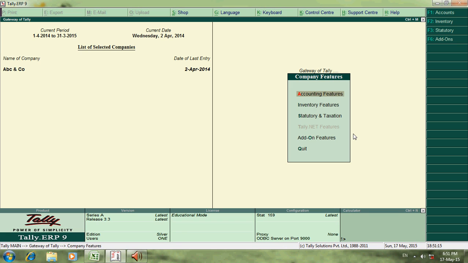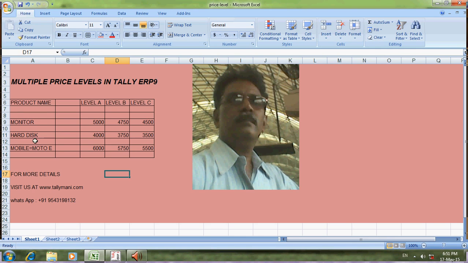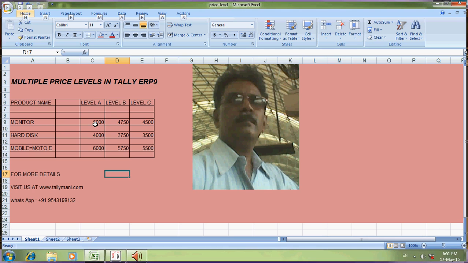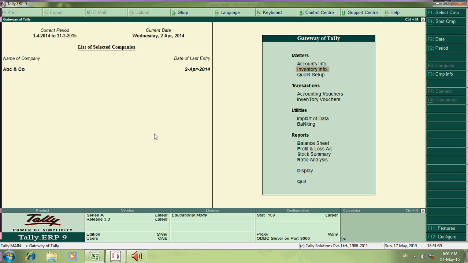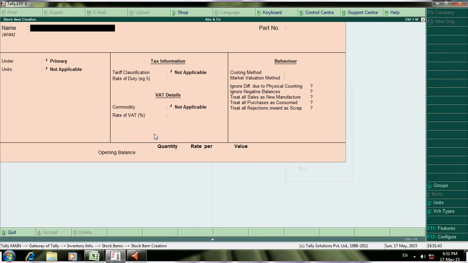Now what we are going to do is create these items: monitor, hard disk and Moto E. Then we will fix the rates, slab A, slab B, slab C, where I have shown here. Go to Tally, inventory info, stock items, create, monitor.